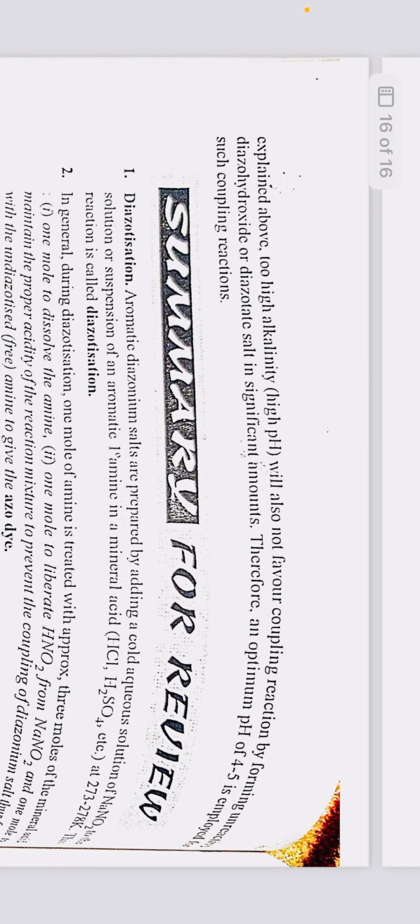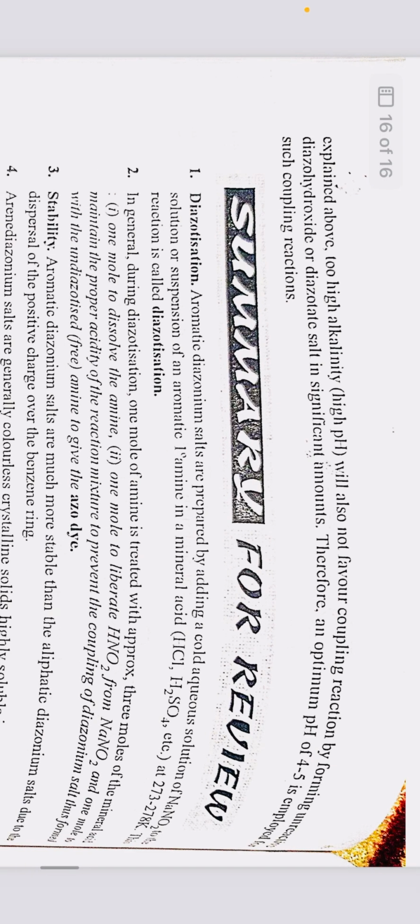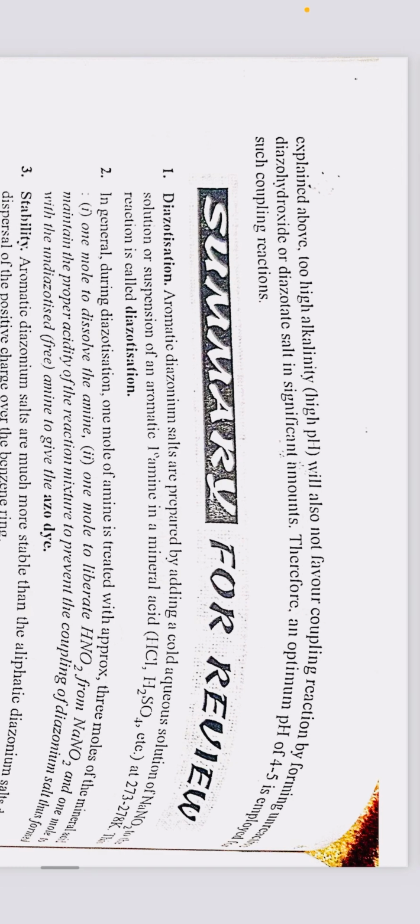Further, as explained above, too high alkalinity, that is high pH, will also not favor the coupling reaction by forming the unreactive diazo hydroxide or diazotate in significant amounts. Therefore, an optimum pH of 4 to 5 is employed for